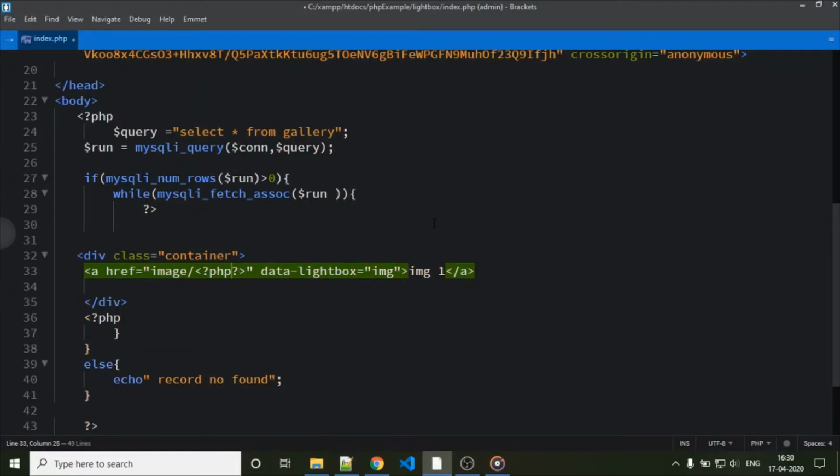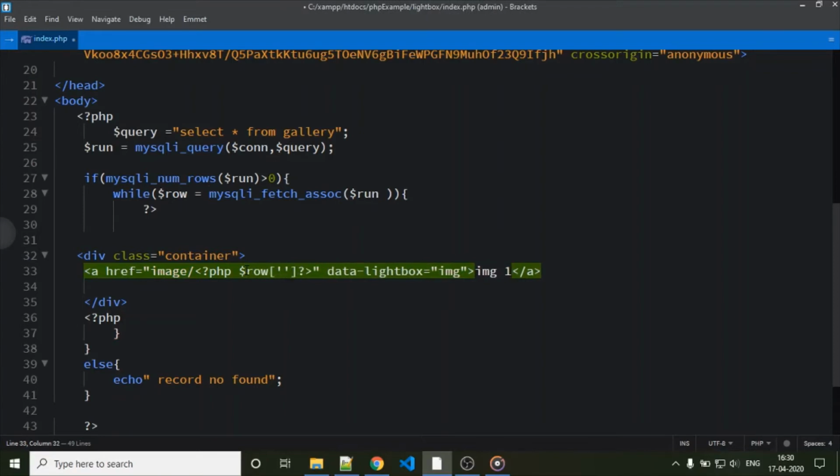We are using PHP, so how can we fetch it dynamically? We stored the result in one variable called row, and here I am using the row variable.